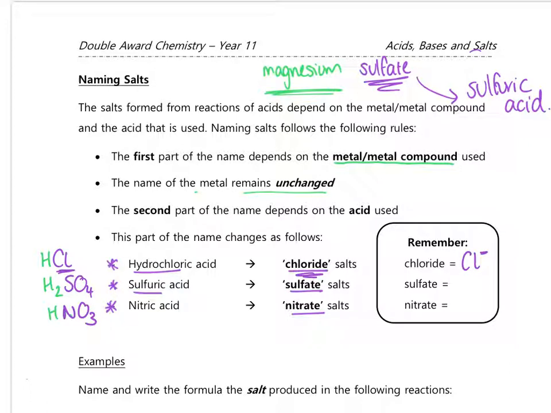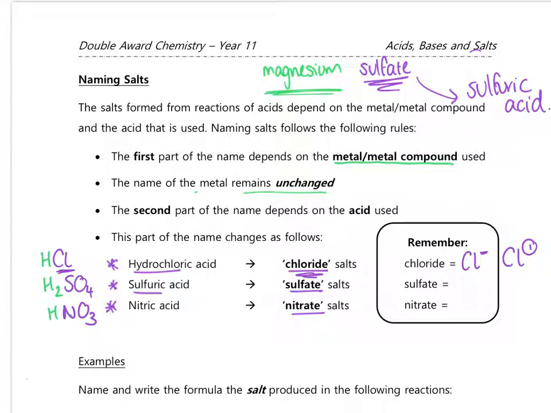That means when we are writing the formula of our salts and we're doing swap and drop with the name of the metal, I'm using chloride, it's Cl, and because I've got a minus sign, that means I have a valency of 1. So chloride has a valency of 1,